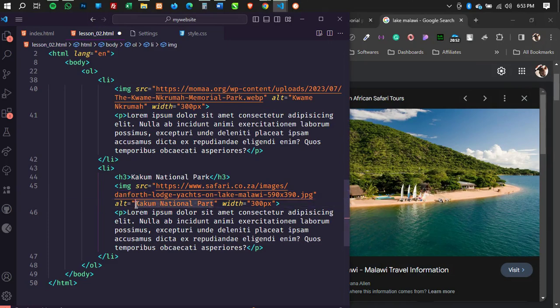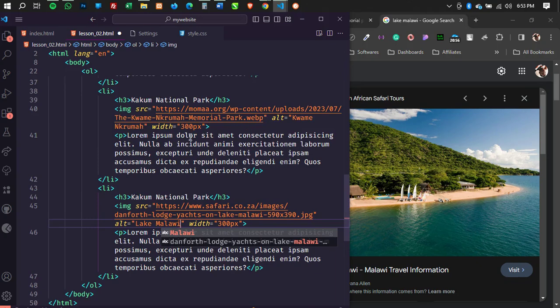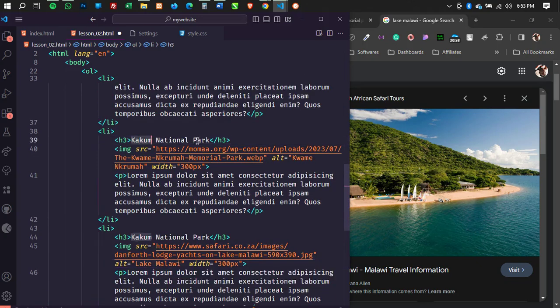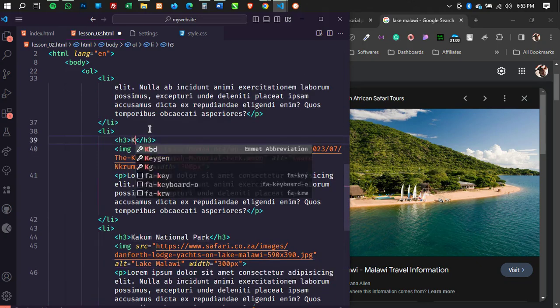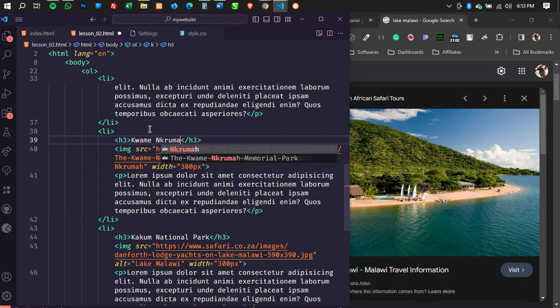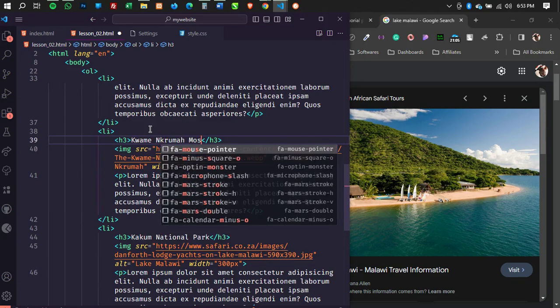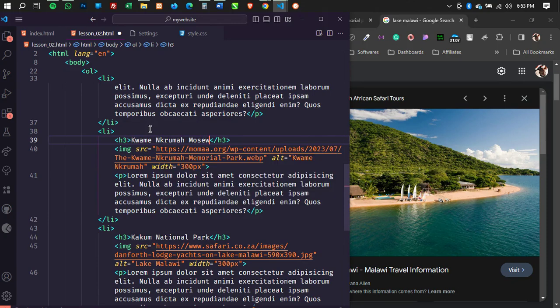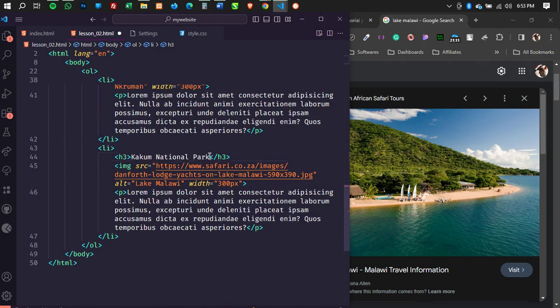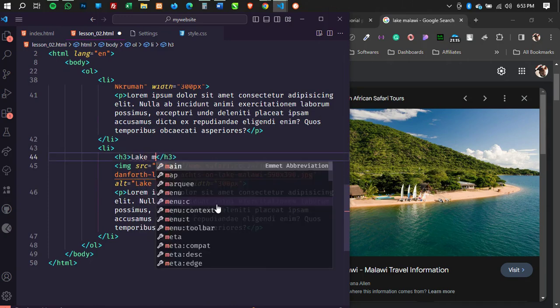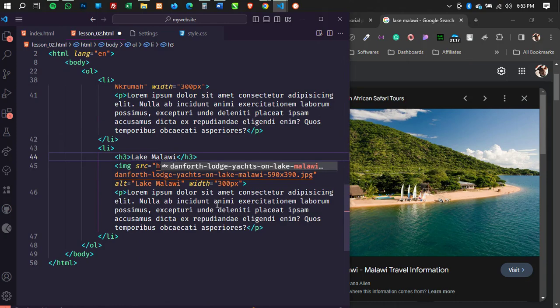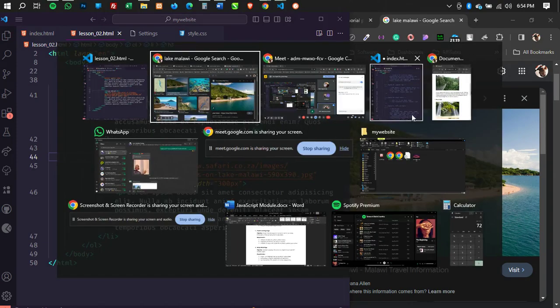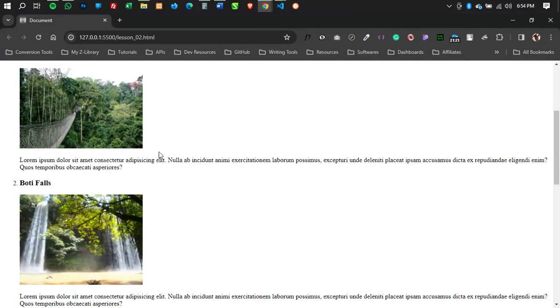Then let me change this to Lake. And we have Kwame Nkrumah. I'm not sure if my spelling of museum is right, but we'll leave it like that for now. Then we have Lake Malawi. Right. So now let me preview my page.